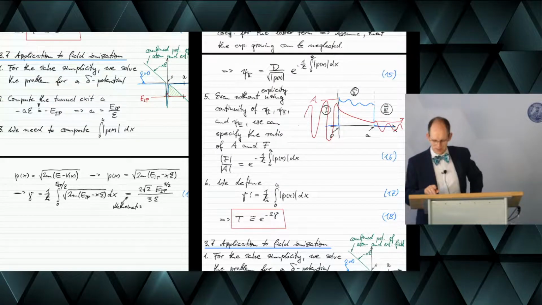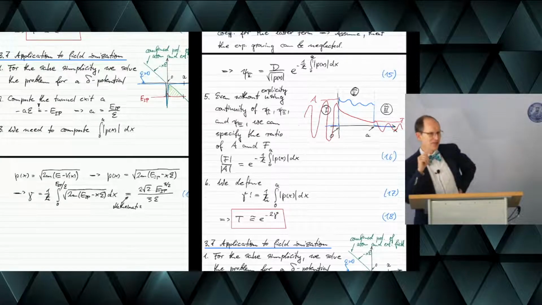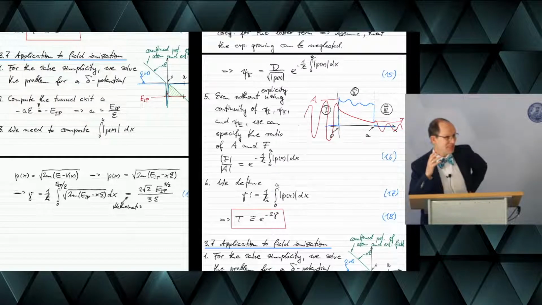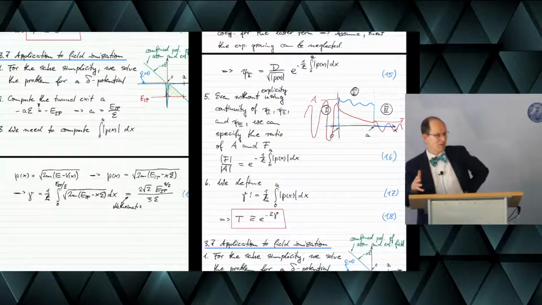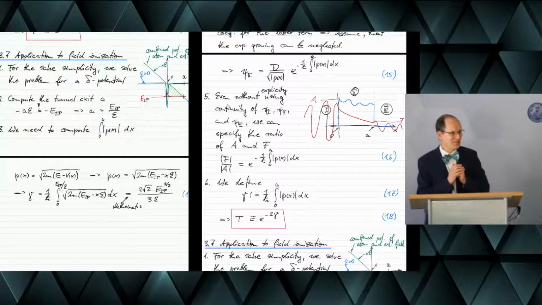So the question was, and that's also for those on YouTube, what is the length of the tunnel as compared to the excitation wavelengths? This question implies a misunderstanding. What we assume here is a static electric field. So the question of an excitation wavelength, or the wavelength of the laser, is ill-conceived.